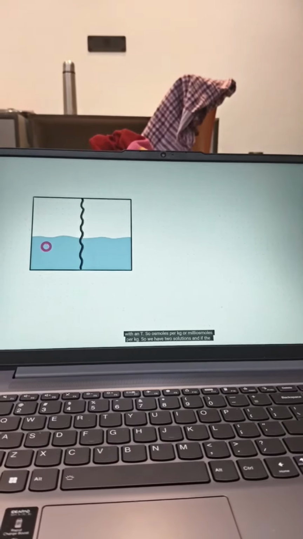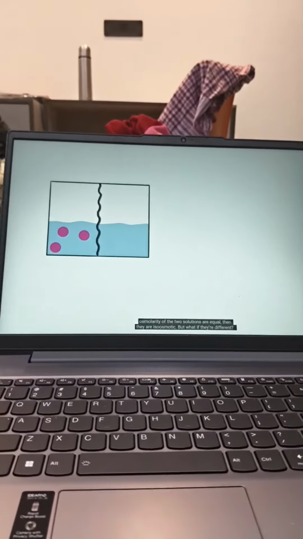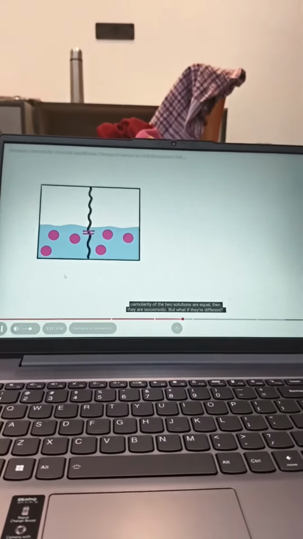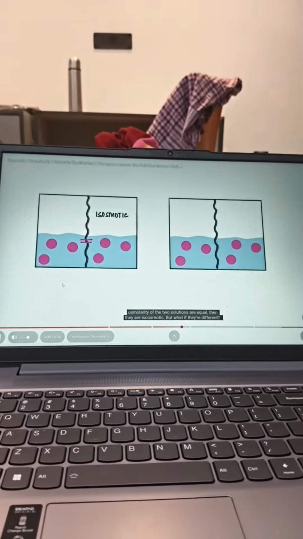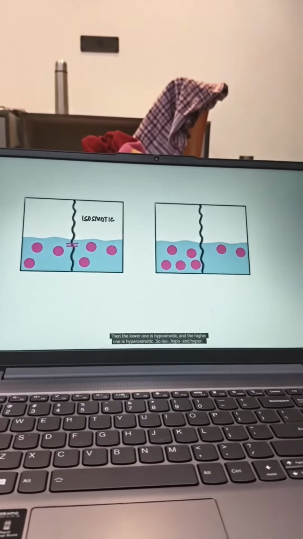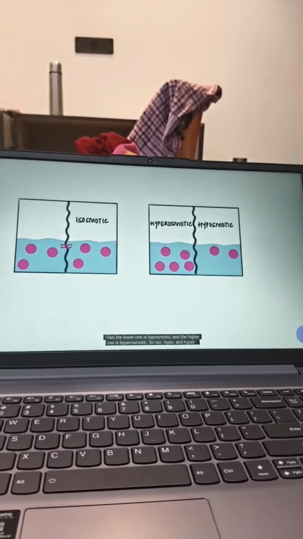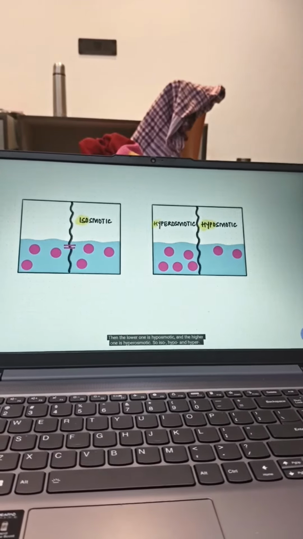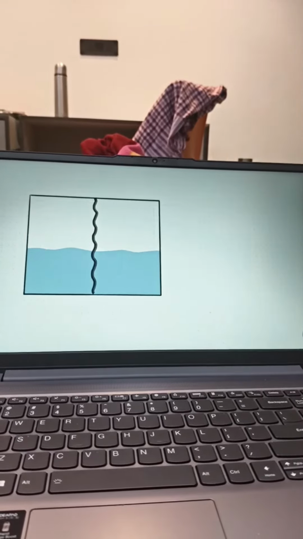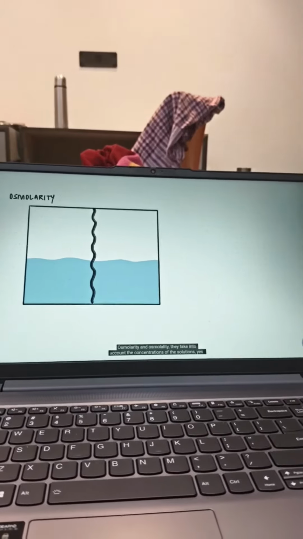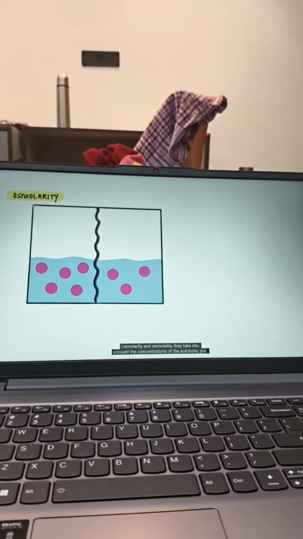So we have two solutions, and if the osmolarity of the two solutions are equal, then they are isoosmotic. But what if they're different? Then the lower one is hyposmotic, and the higher one is hyperosmotic. So iso, hypo, and hyper. Osmolarity and osmolality, they take into account the concentrations of the solutions, yes,